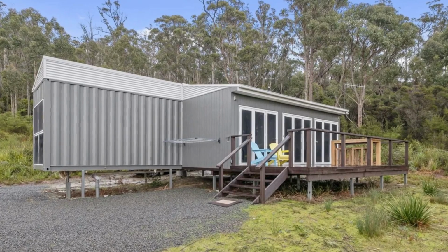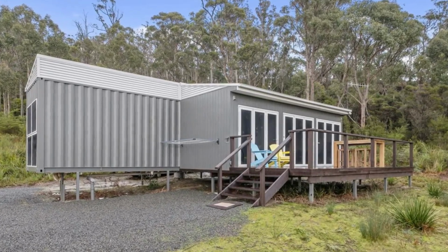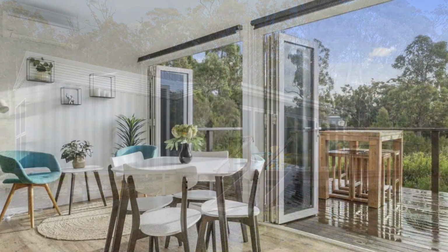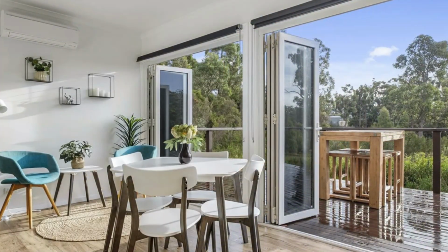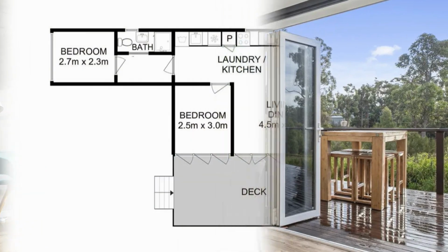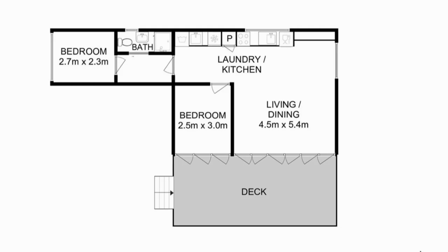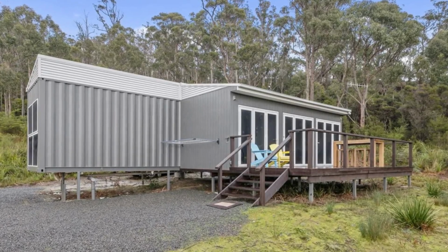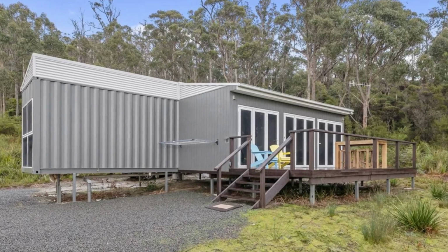This luxury shipping container home offers a harmonious blend of indoor and outdoor living, creating a haven where comfort, style and natural beauty converge. This container house has got 2 bedrooms, 1 bathroom and an open-plan living space. The house is built using a 40-foot shipping container joined by a well-crafted stick-built structure that accommodates the living space